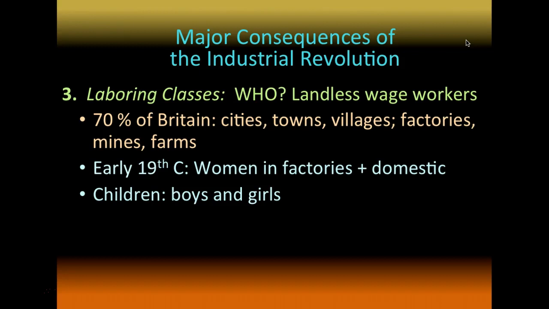And then we come to the laboring classes. Who are the laboring classes? They are landless wage workers. We're talking about 70+% of the people in Britain. The laboring classes live in cities mostly, but also in towns and villages, and they work in factories, in mines,